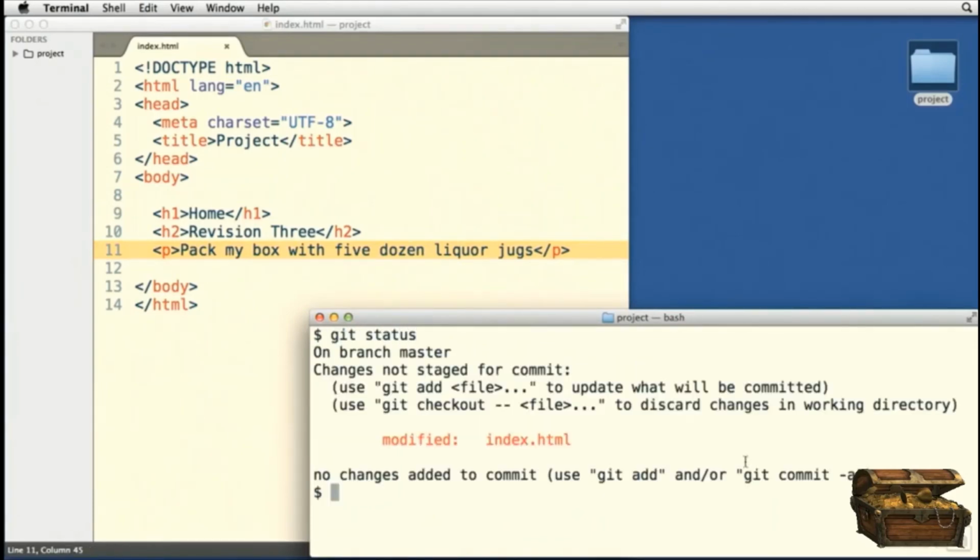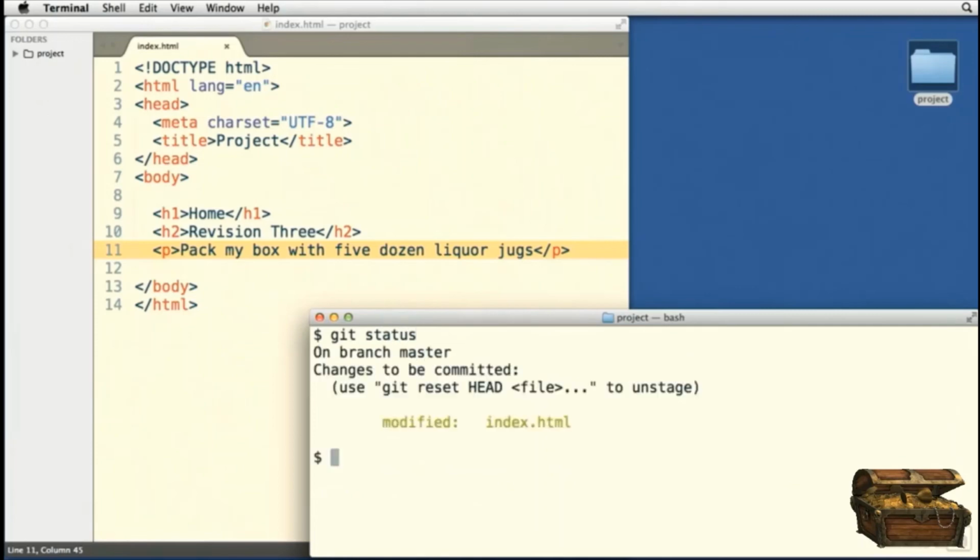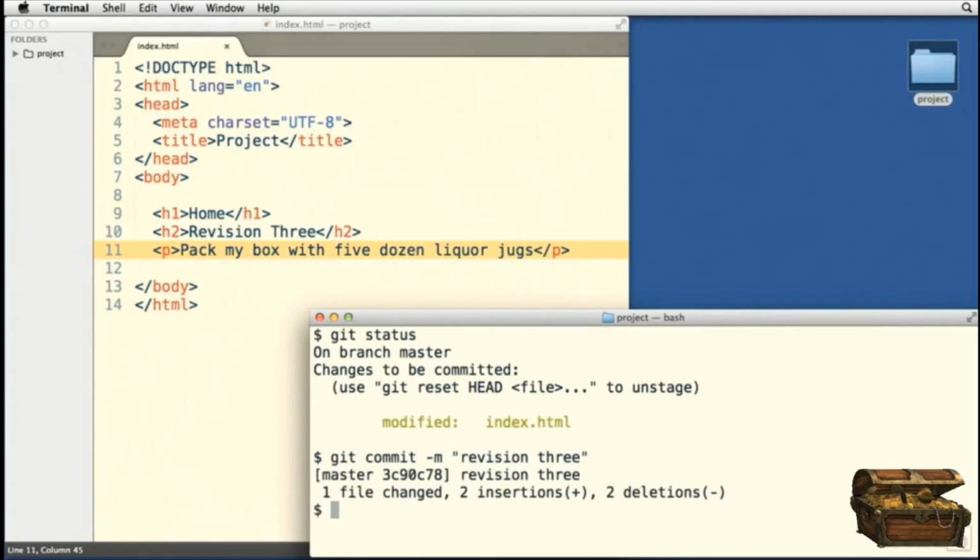Status shows us there's something in the working environment that needs to be staged. So we'll stage it. We'll say git add index.html. Right? So clear. Git status. I'm running git status a lot more than I normally would, just to show you sort of the progression of what I'm doing here. So now if I do a git commit -m revision 3, right, then our git status,